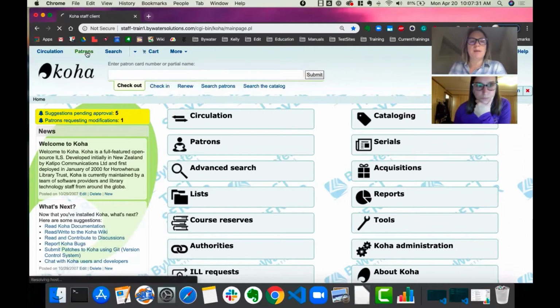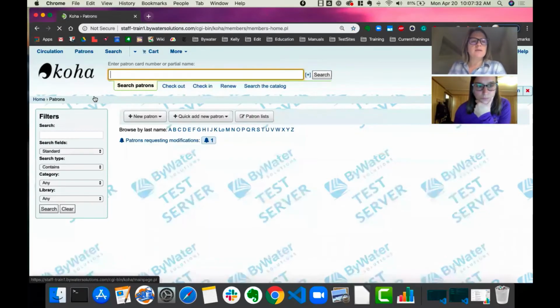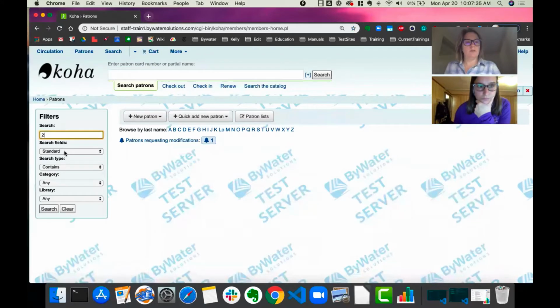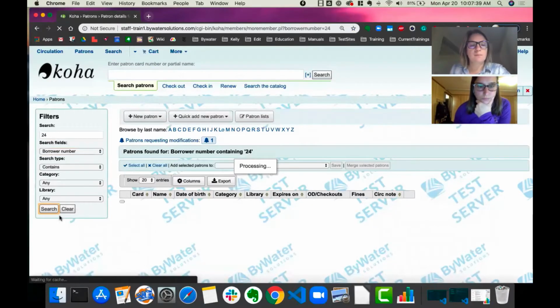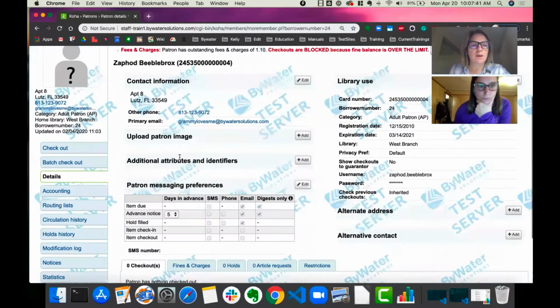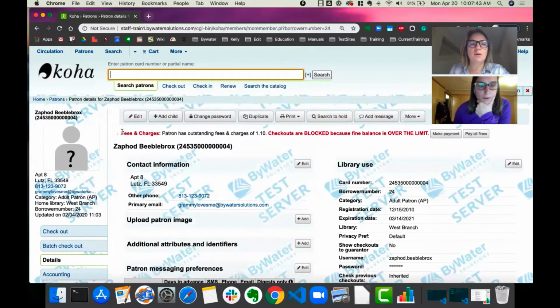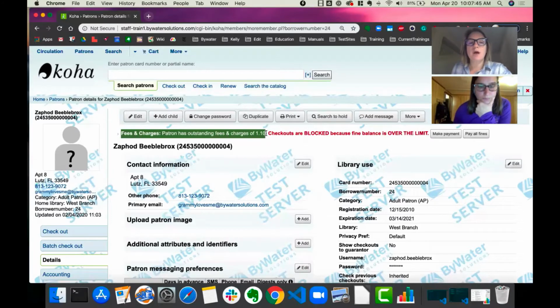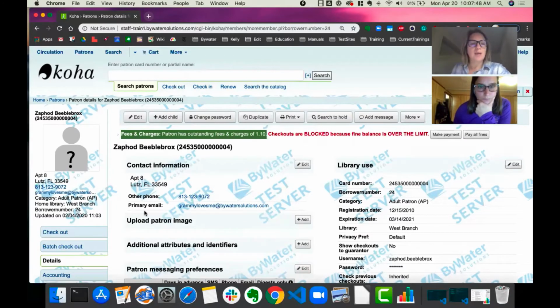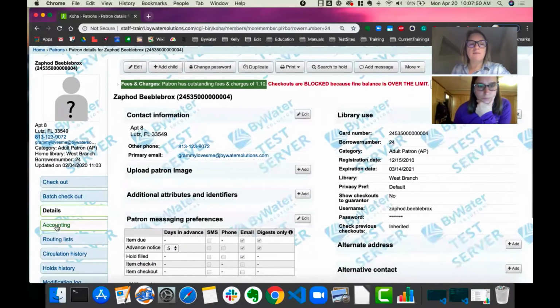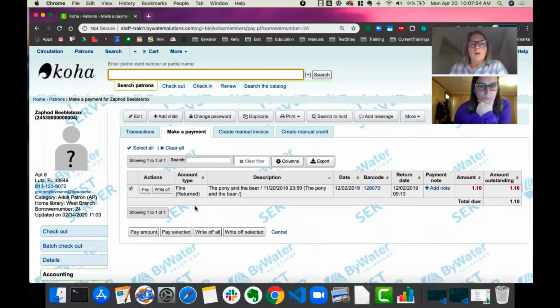So I'm going to pull up a patron that has some fines. So we can see here that they have fees and charges of $1.10. On the left-hand side of this patron, I can go to the accounting tab. Here under the make payment, it shows me how much this patron has, and it tells me a little bit